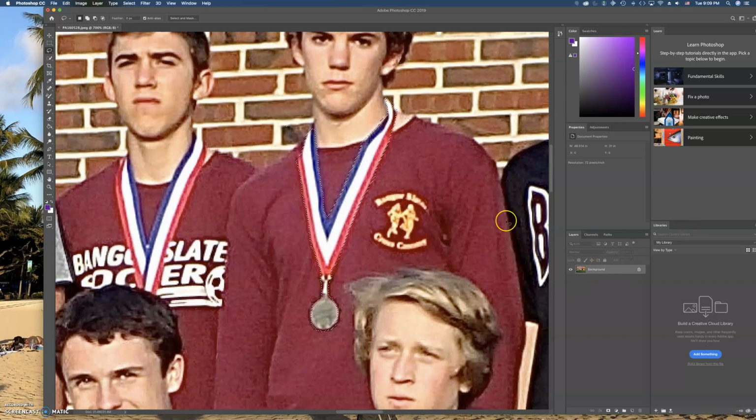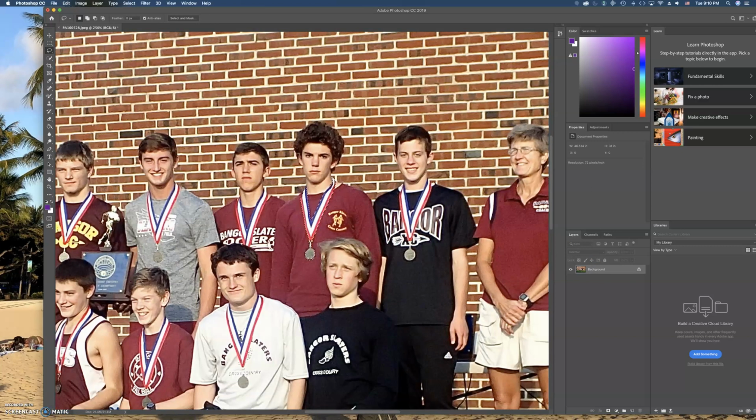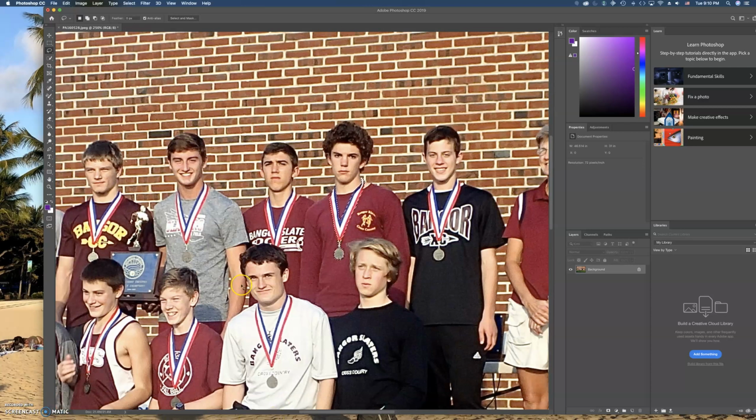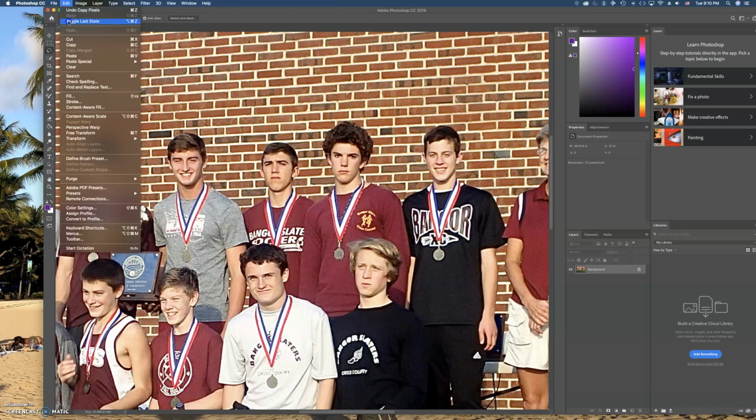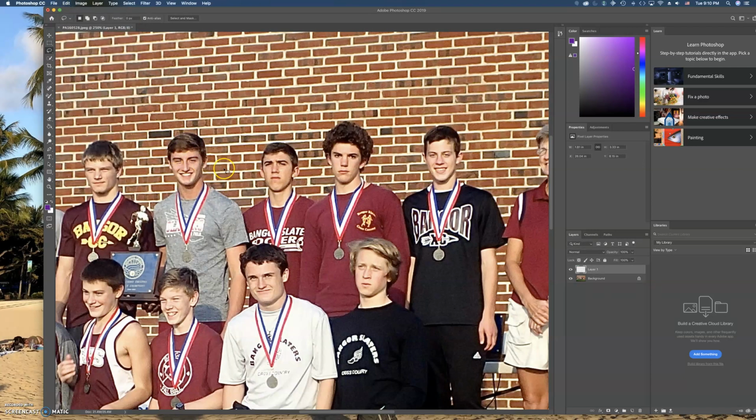There's only one layer currently. I'm going to zoom back out to about 250%. I'm going to start with this young man in the black. What I'm going to do is go into the edit menu and just paste. Nothing special, just paste. When I paste it, it pastes right over the original one. I click on the move tool and I can move